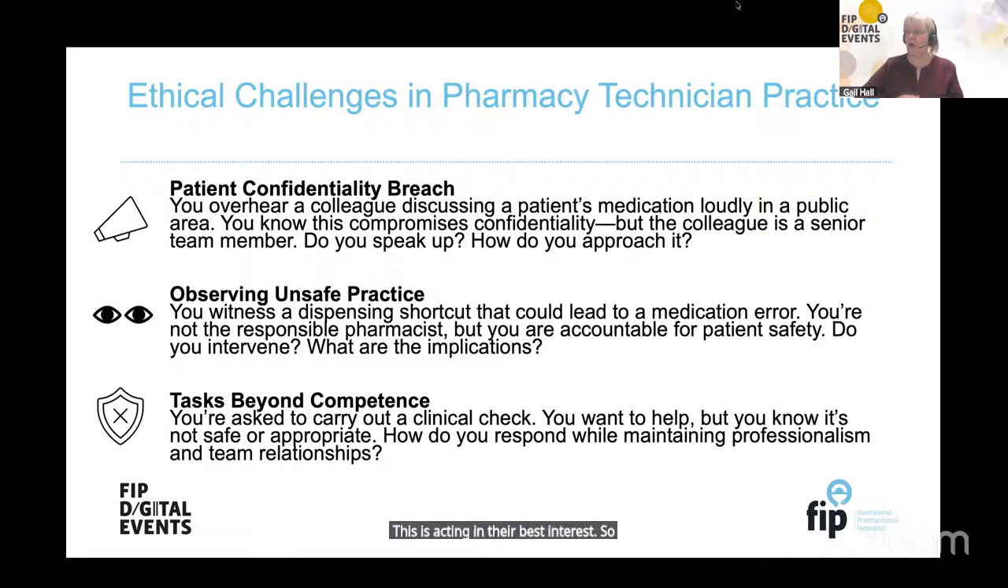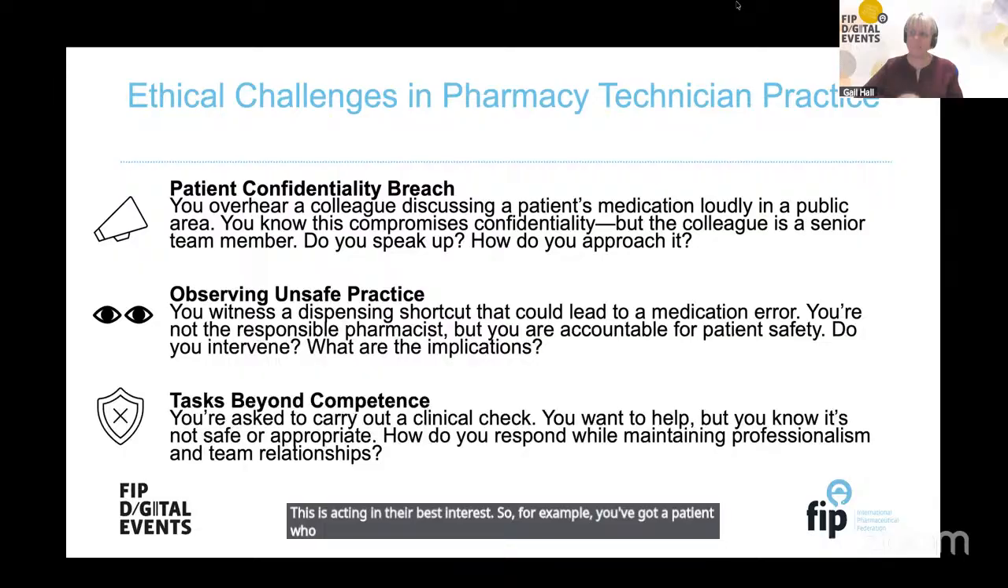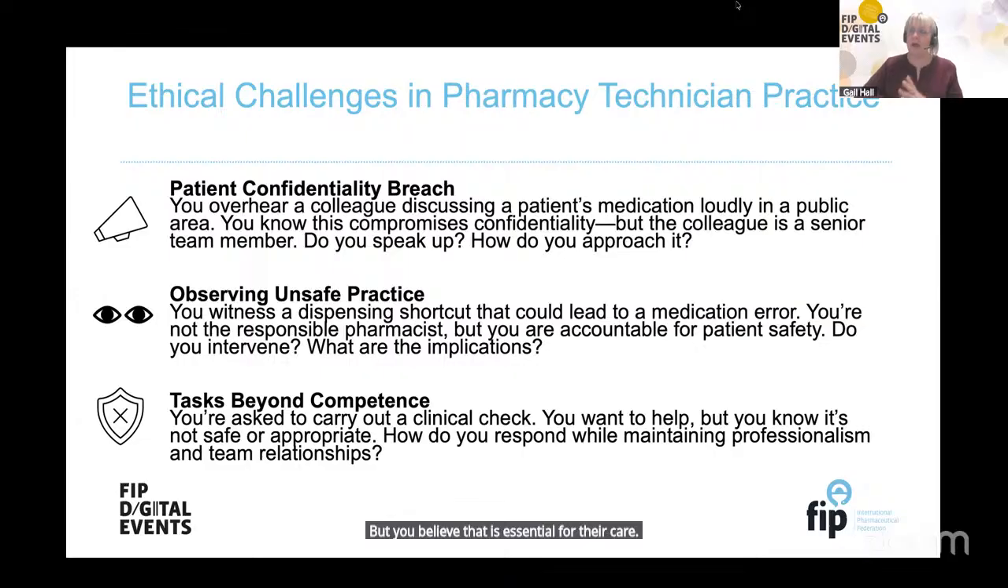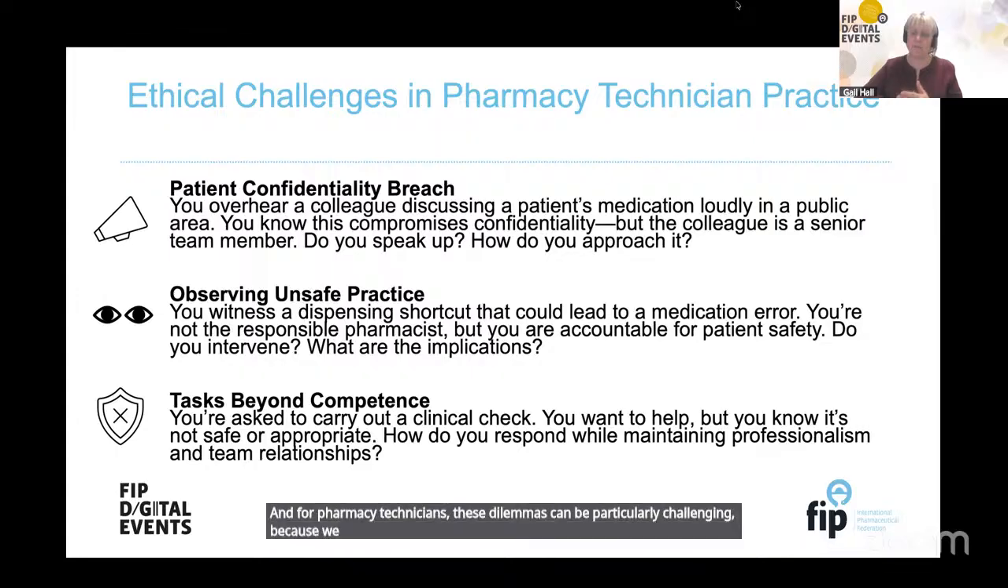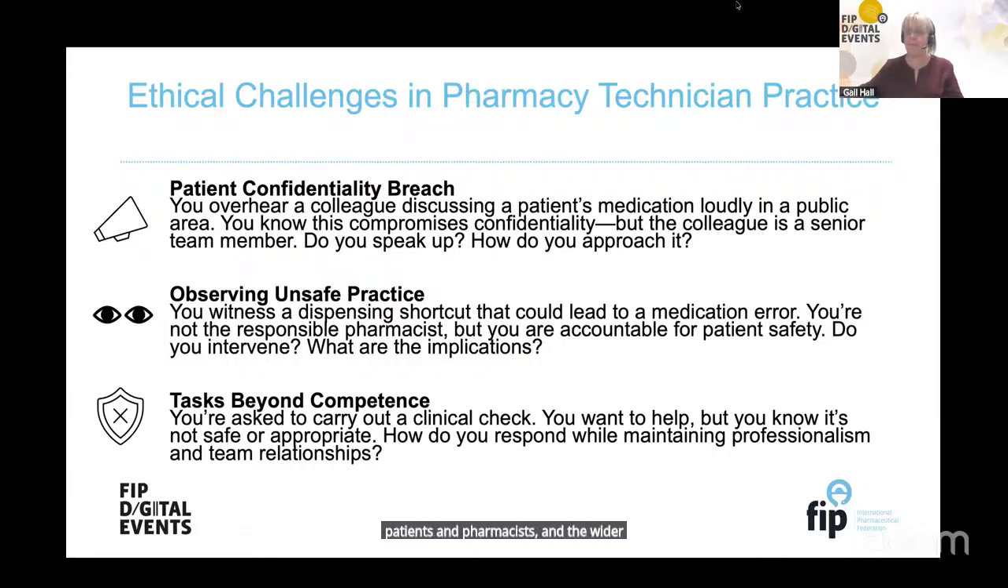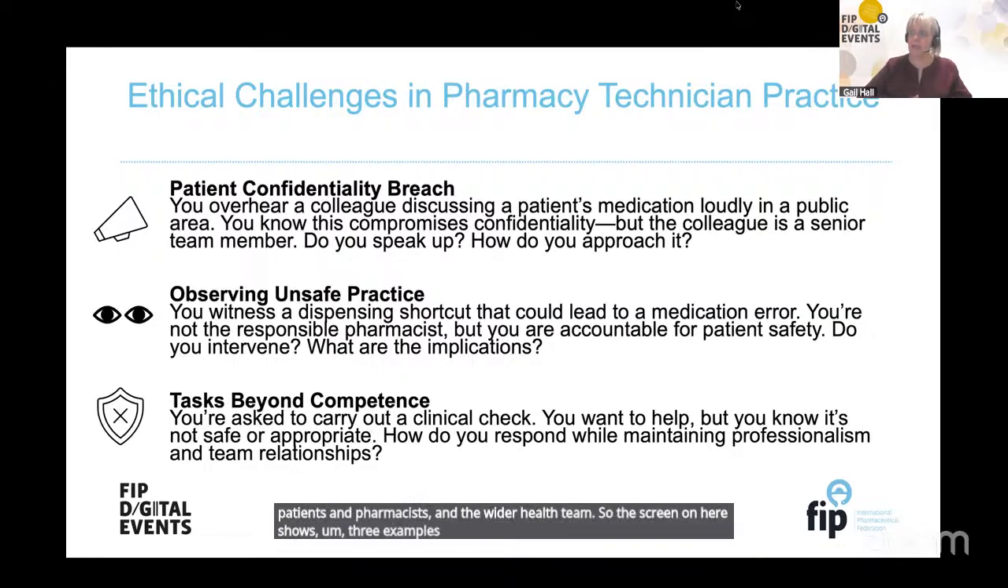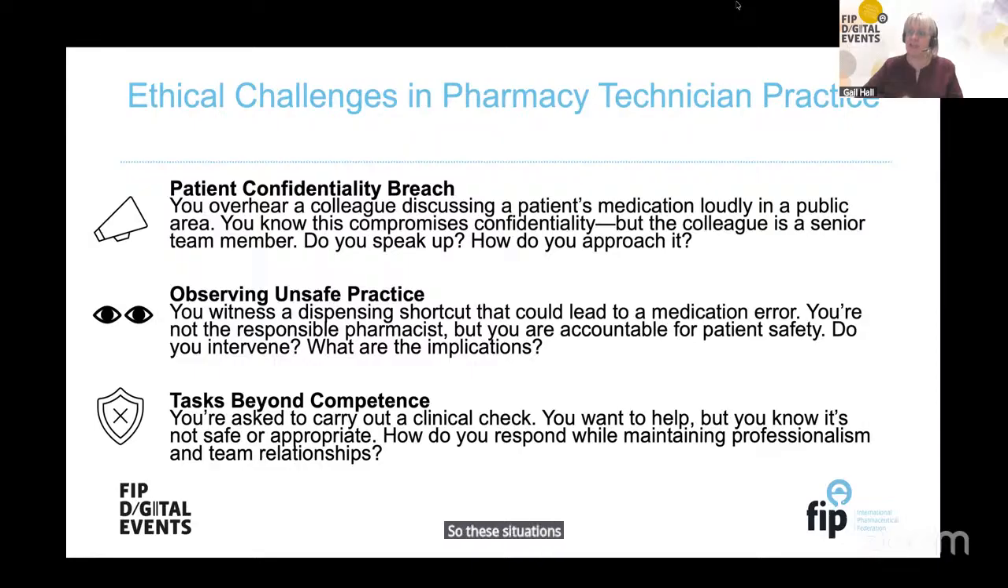So, for example, you've got a patient who doesn't want to take their prescribed medicine, but you believe that it is essential for their care. And for pharmacy technicians, these dilemmas can be particularly challenging because we're often working at that interface between patients and pharmacists and the wider health team. The screen shows 3 examples that Claire discussed, and I've adapted those to reflect our unique role as pharmacy technicians. These situations require us to balance our moral parameters, our legal constraints, our human values,